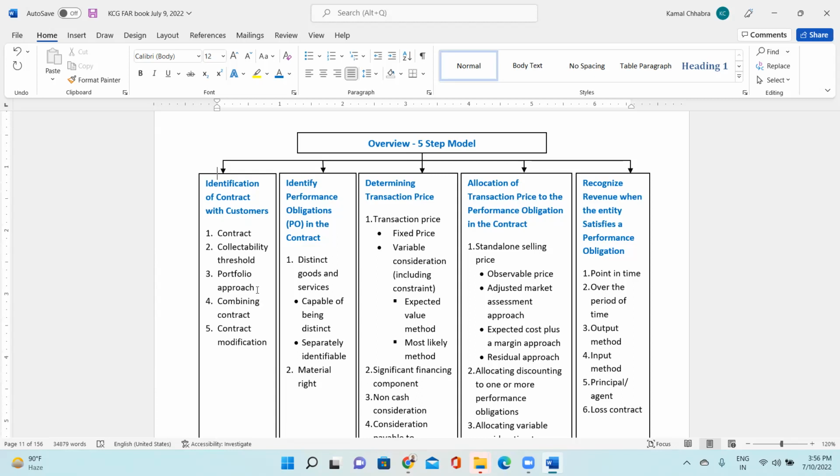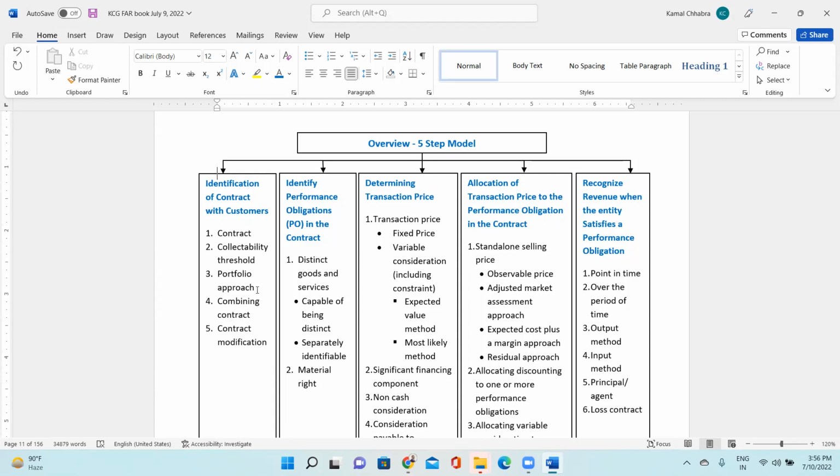So their services are in nature such that they cannot be distinct for each good and service, because they are providing overall IT support services to you. In that case, it's a single obligation, providing IT support services, not only for hardware, not only for software, not only for networking.